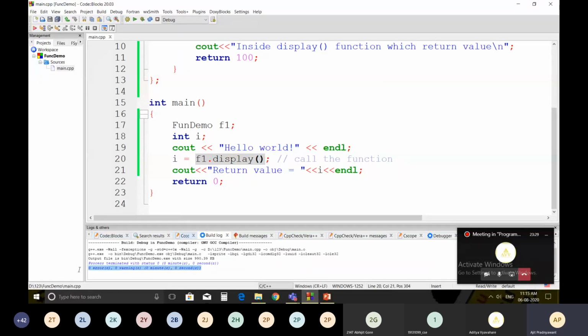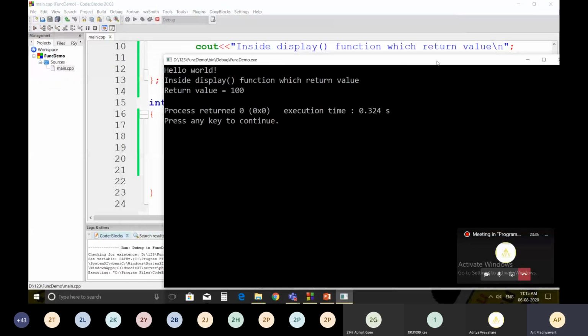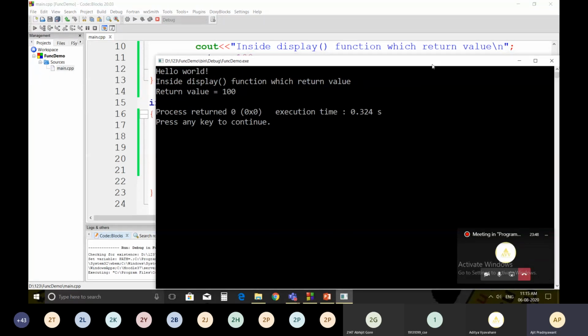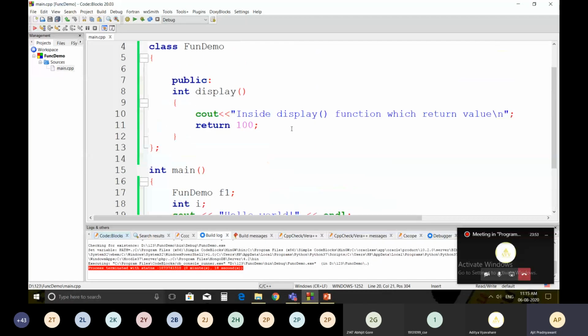There are 0 errors, 0 warnings, and execute. So you will get the same output, hello world, inside display function which return a value, and you will get the value return value is equal to 100. So this is the way to call the function present in the class.